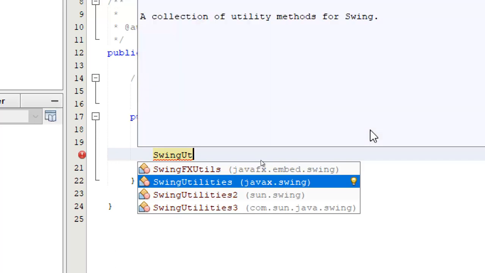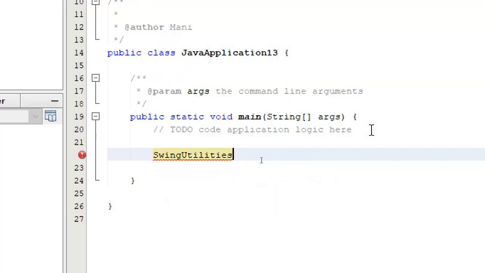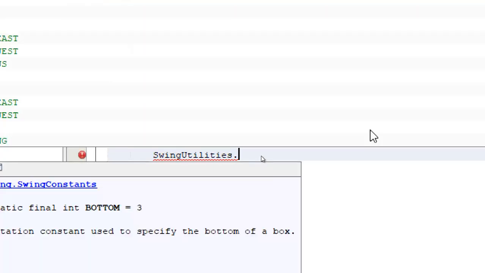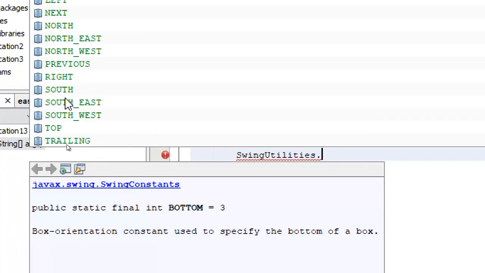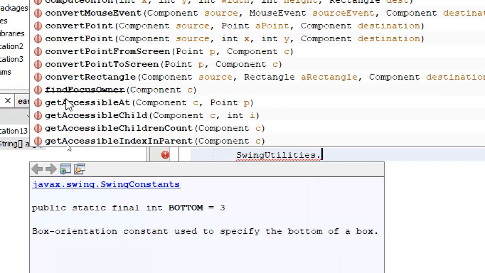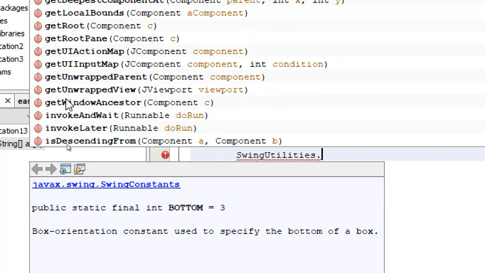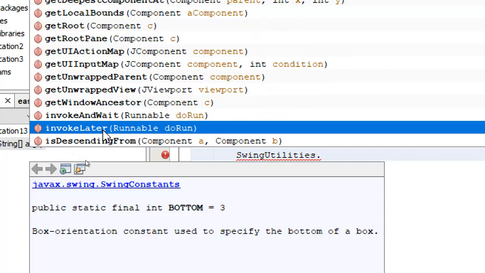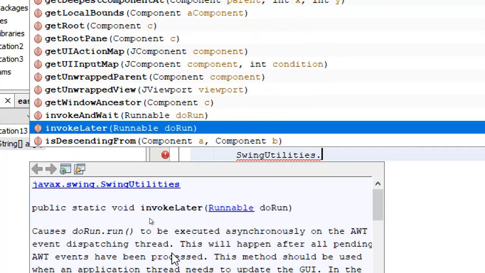Now how do I create a thread which will run parallelly with my main method? All difficulties are taken care of by the Java people. So what they have done is they have provided you with a class called SwingUtilities, which comes with many methods. One of the methods that I am really interested in is invokeLater. What invokeLater will do is execute the second thread asynchronously with my main thread.